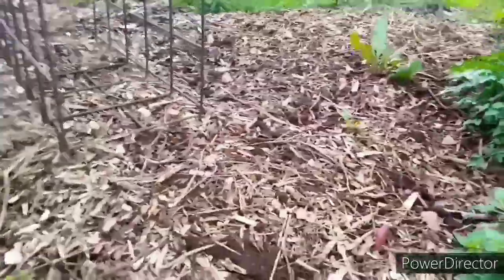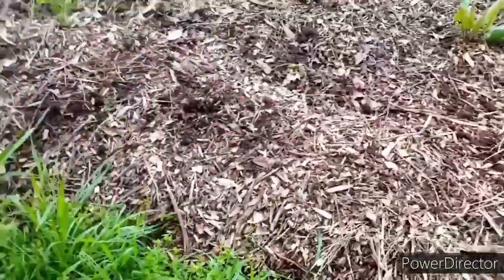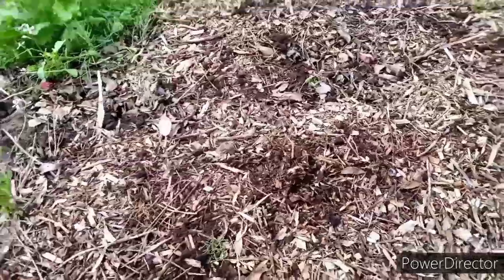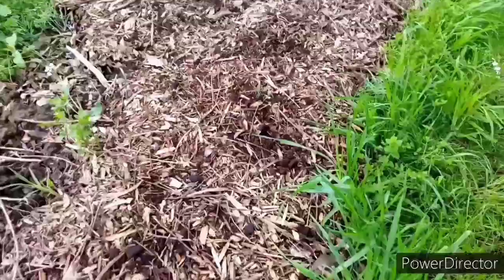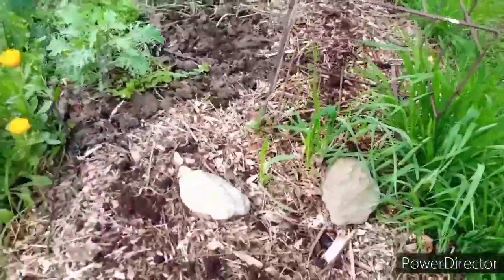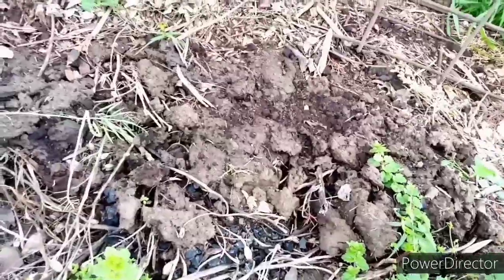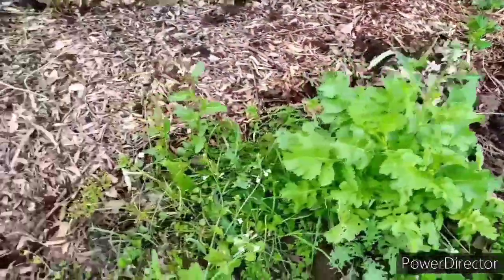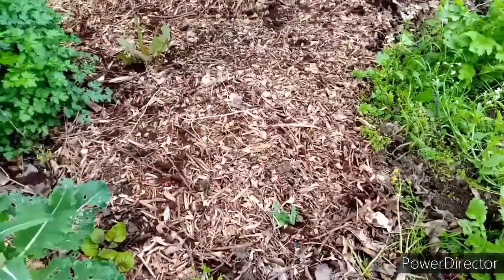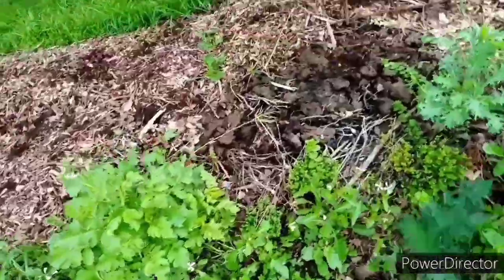Now, if you've watched previous episodes, you'll know that this patch here was a layer of weeds covered with a thick layer of leaf matter, then covered with ash, wood ash from the fire, then covered with manure. As you can see, some still not completely covered there. Then covered with wood chips and chopped up leaves, and then covered with coffee grinds. Now, this hasn't decomposed enough to really plant much into, but